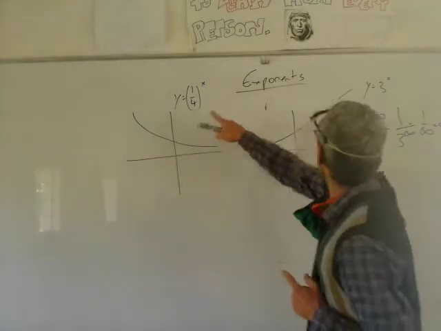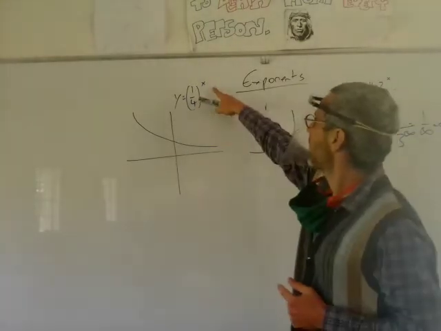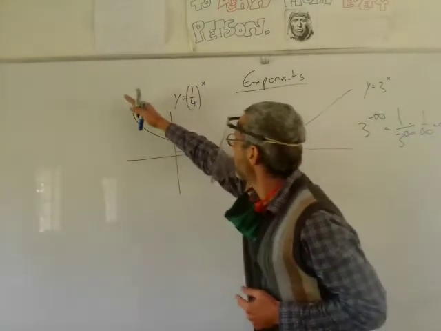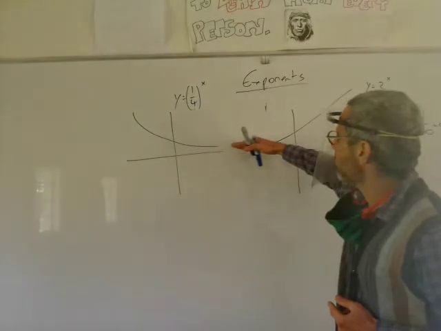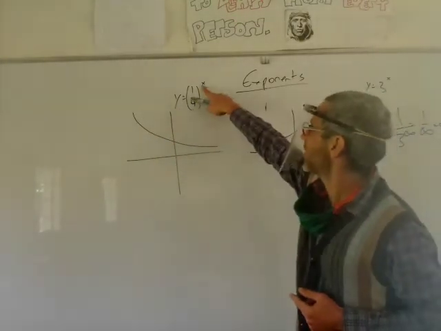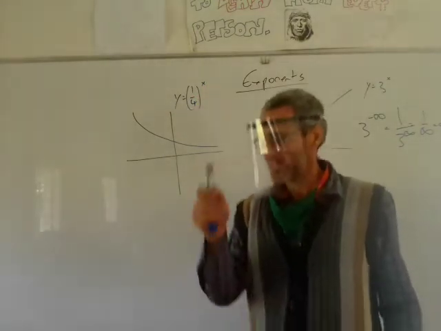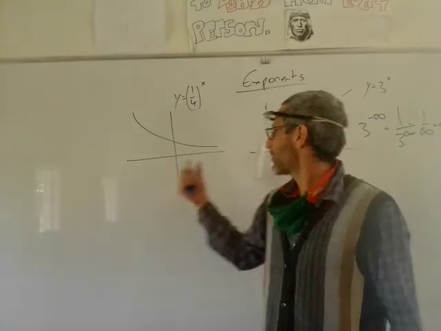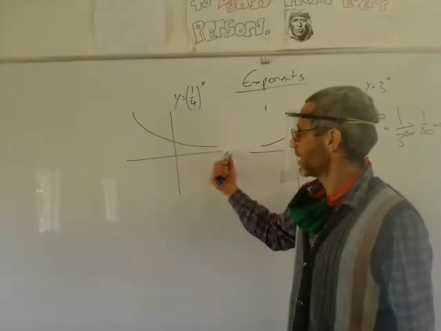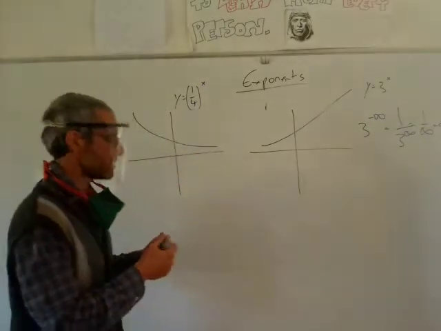On the other hand, if instead of a 3 I have a quarter, a number less than 1, to the power infinity, it will approach 0, the asymptote y equals 0, when x is infinity. A quarter times a quarter times a quarter, an infinite number of times, will get closer and closer to 0. Both of these graphs cross the y-axis. The y-intercept is,